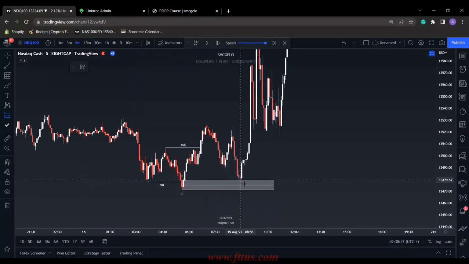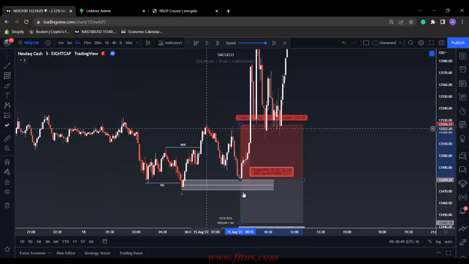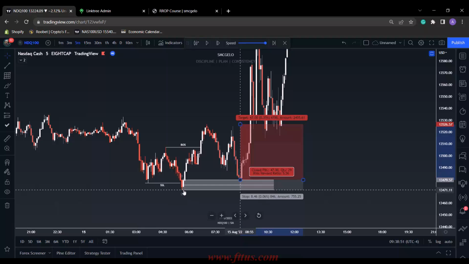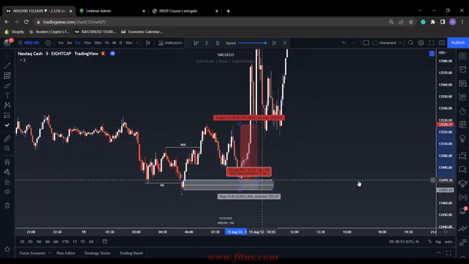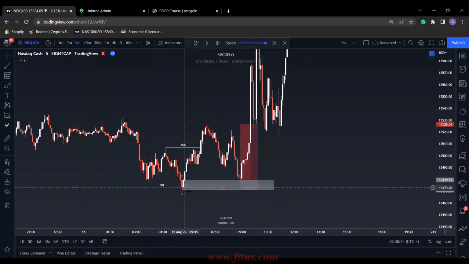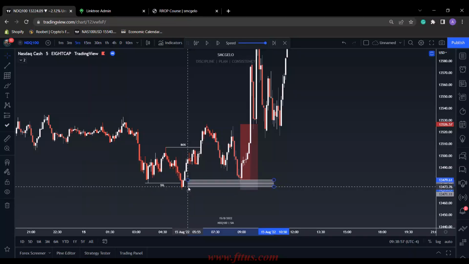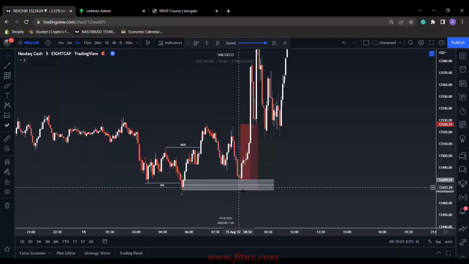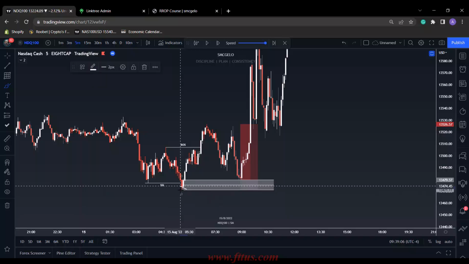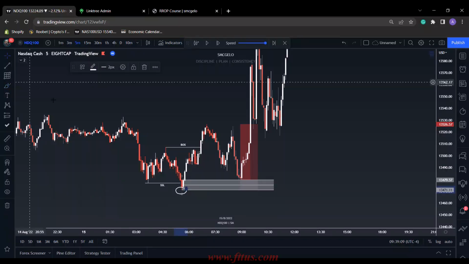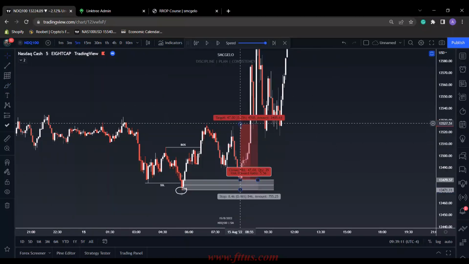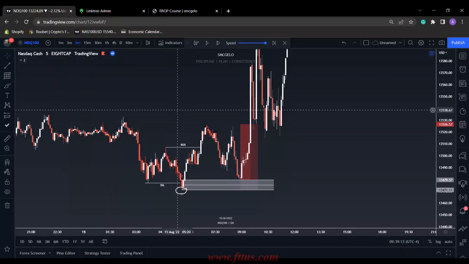We want to enter usually off the 50% or just the entry of the demand zone, the point of interest. Now you can mark up the full candle, or you can mark up the body. But usually with these, I'll mark up the candle because it was a wick. So if price breaks this wick right here, then I know 100% that's invalid. So you could put your stops, once again,